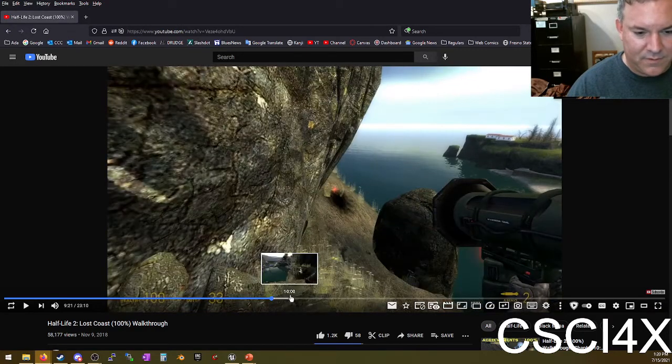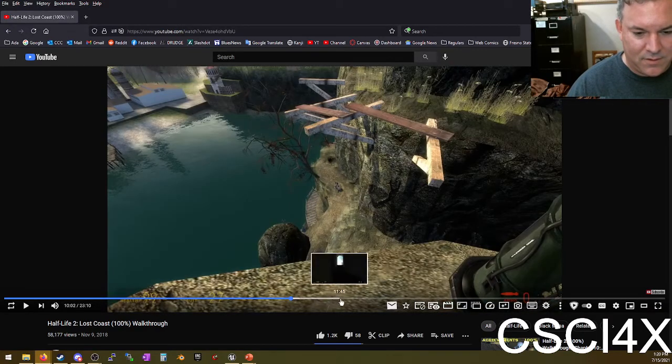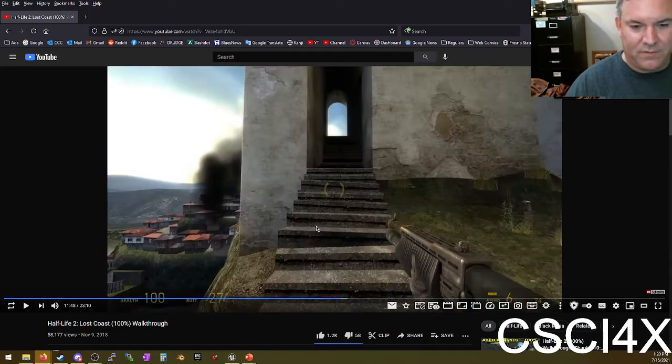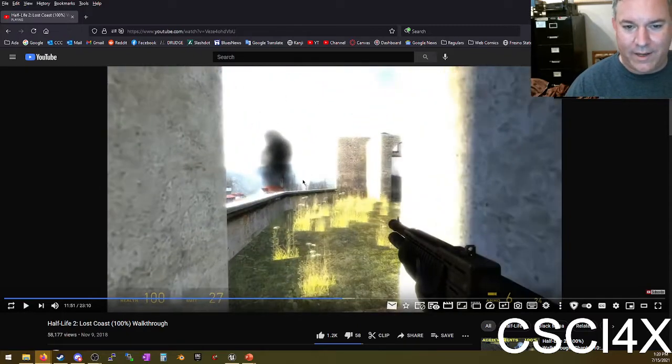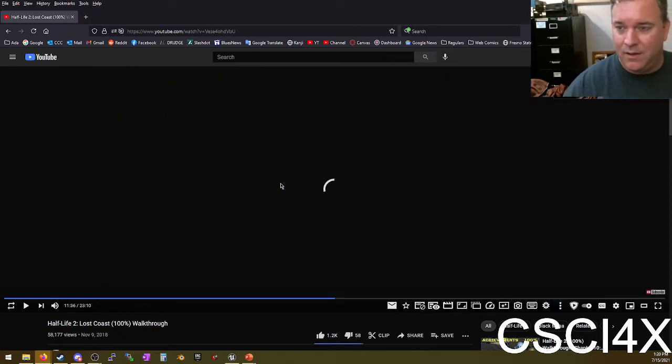Let's see, where is the tunnel? There we go. Okay. So you're in a tunnel. So here you are, you're outdoors. You walk in, and everything kind of goes dark. And then when you walk out, you see how overexposed everything is? So the game is constantly paying attention to how much overall light your eyes are seeing, because your irises take a little bit of time to get used to being in dark and being in light. And so when you walk from a dark environment to a light environment like that,